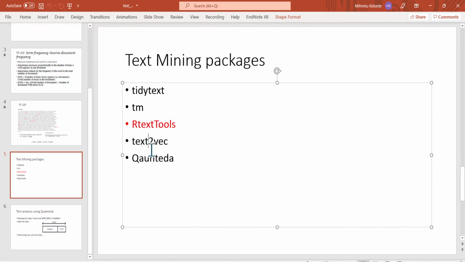And the other one is text2vec. Text2vec is a really nice package if you would like to work in topic modeling, also in text vectorization. It's also super fast, a computationally very efficient package. I heard the author of the package is very obsessed with computational efficiency, in terms of the time required to complete a certain text mining task. So this could be something you could try if you have large text data, and if you are interested in doing some